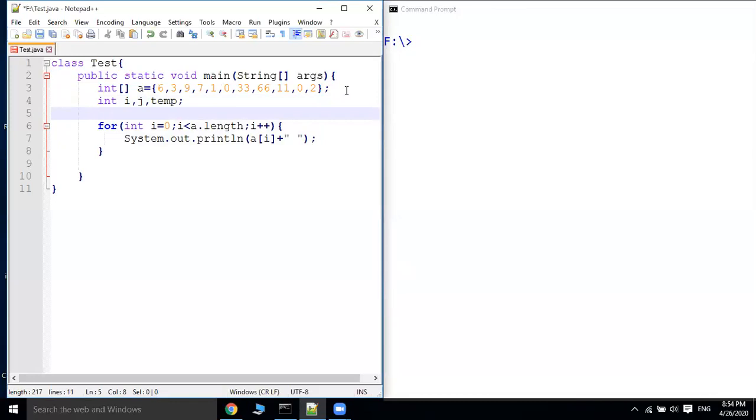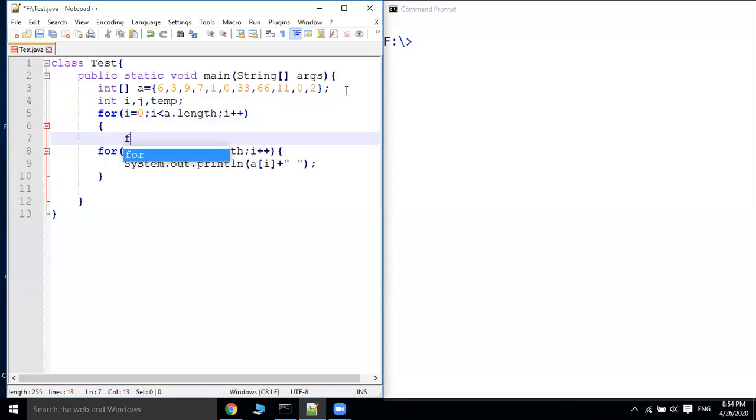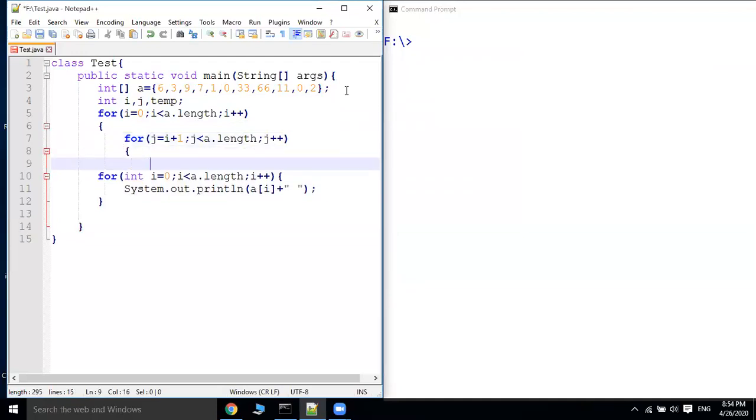Now let us take i, j and temp. Let us take one loop for i equals 0, i less than a dot length and i plus plus. And let us take for j equals i plus 1 and j less than a dot length and j plus plus.